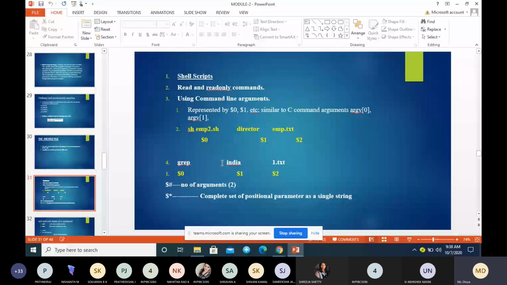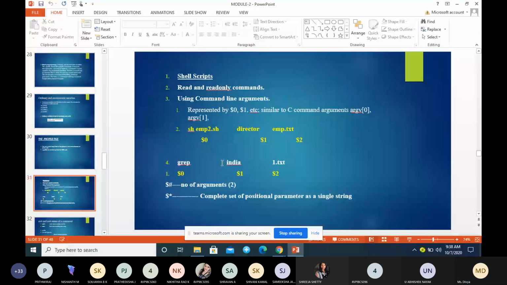When a group of commands has to be executed regularly, they should be stored in a file, correct? You cannot execute individual commands; you want to execute a group of commands. For example, if I want to execute 5 commands at a time, you have to store those 5 commands in a file. That file, where you have Unix commands, is called a shell program file or shell script. So in a shell script you will have a group of commands.